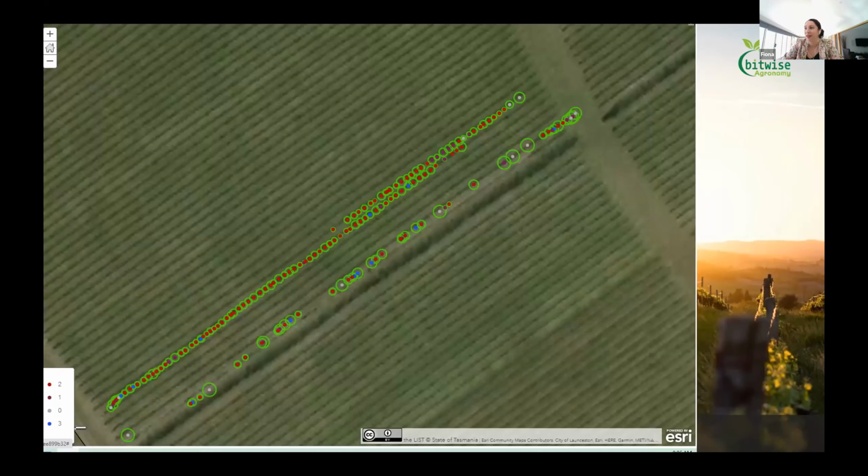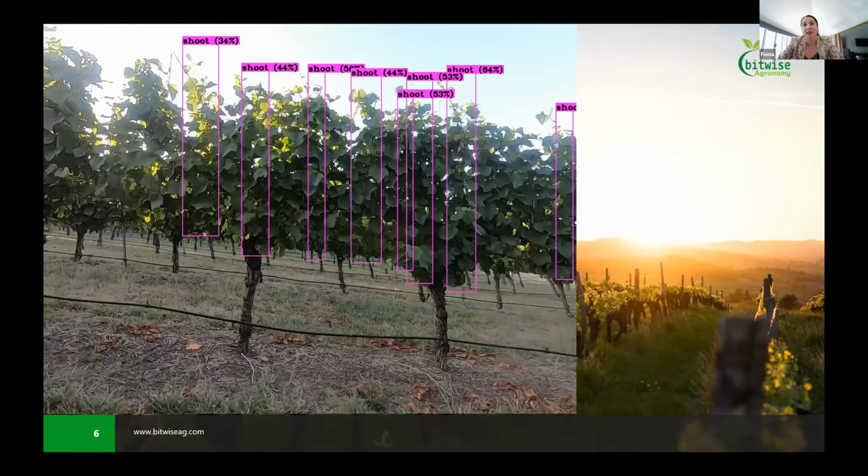Just out of interest, I looked at my pruning quality compared to my neighbours, so I looked at my neighbour's property here. This is probably what you'd want to see with your pruning quality. This is all 2 canes, very consistent. The green box, which is the number of nodes, is very consistent along this as well. So my neighbour's pruners are way better than me. He can start to calculate what he's thinking about the yield, and maybe there are some issues over here where they've got lots of little baby vines that aren't going to give much yield this year.